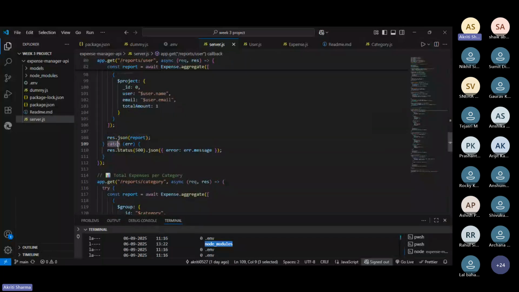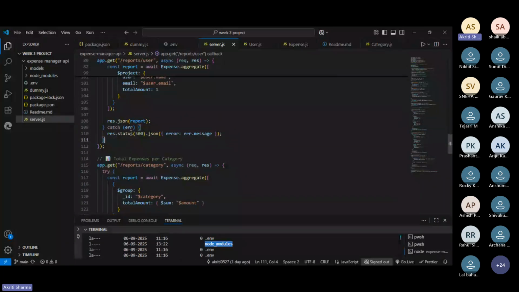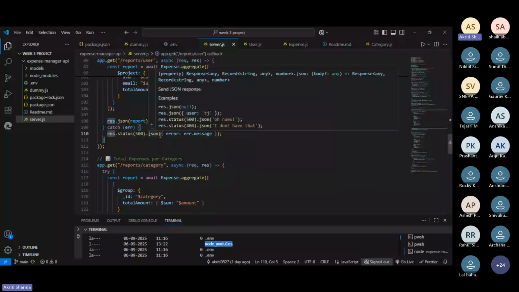And this is the catch function, where I give a response status 500 and display the error message.